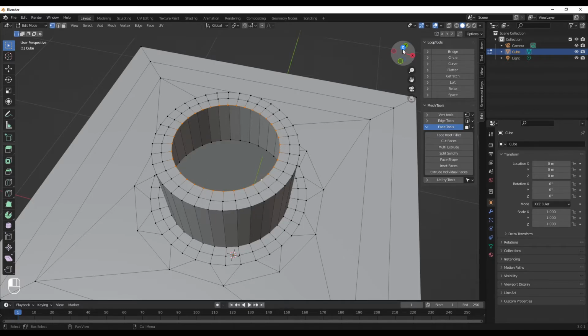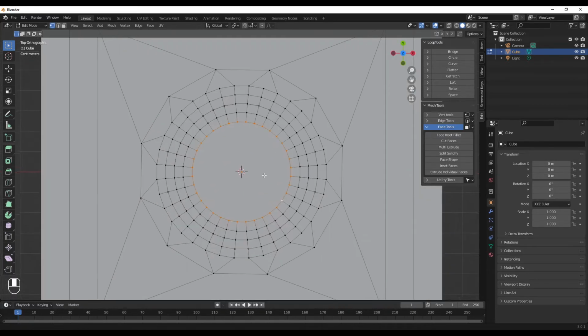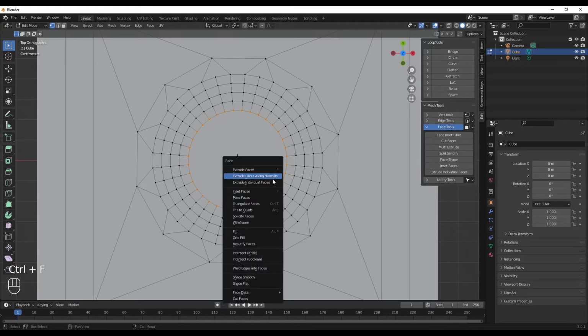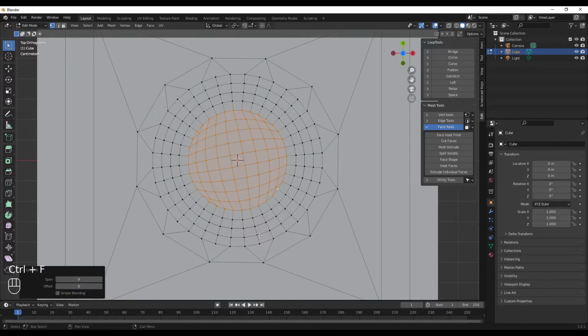You get the inner circle highlighted. Now you need to make sure that when you look at it from above, the vertex that is highlighted with white is in the lower right corner. Because I'm not sure if it is right now, but we're gonna just see. If we do Control F, we can say grid fill. And if it's not in the right place, what you can see now is that my grid fill is slightly